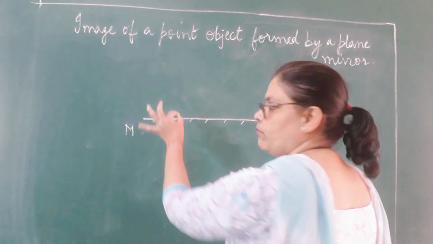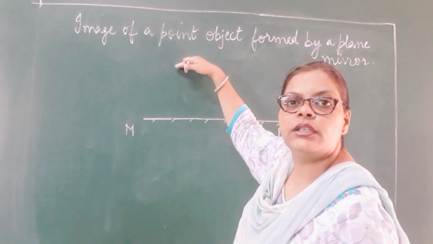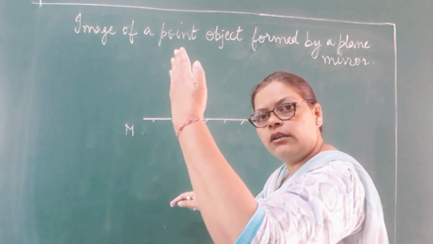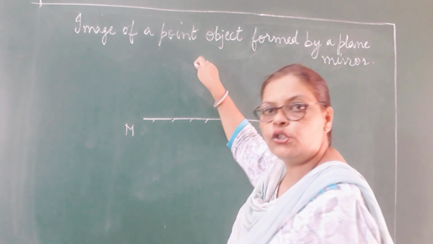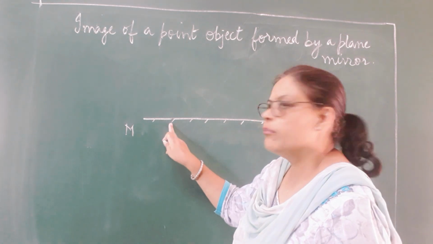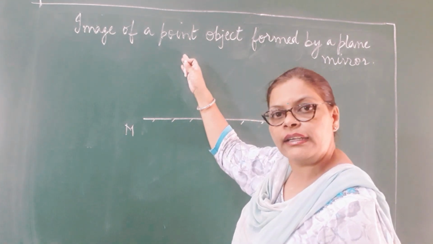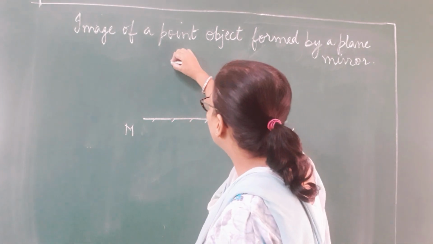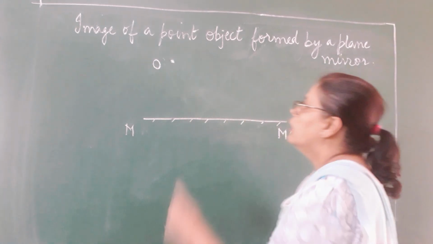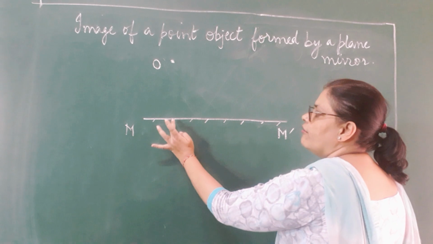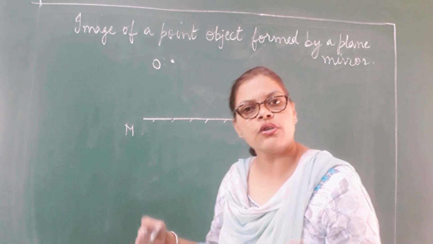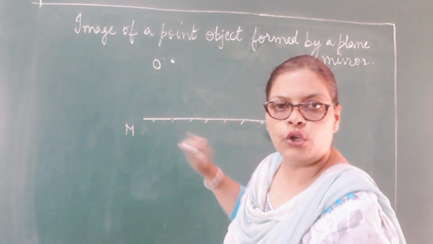And you will take the point object on the side opposite to the polished surface. You can see this is the polished surface below. So you will take the point object towards the reflecting surface, which is opposite to the polished surface. This is very, very important, children. You cannot take the object this side, because this is a polished surface. You have to keep the object towards the reflecting surface. I will put a dot over here and I label it as O. That is my point object. You can see this is a point object O, and I have measured this distance. This distance approximately you can keep it as 5 centimeters or 6 centimeters, and you will put a dot, right?